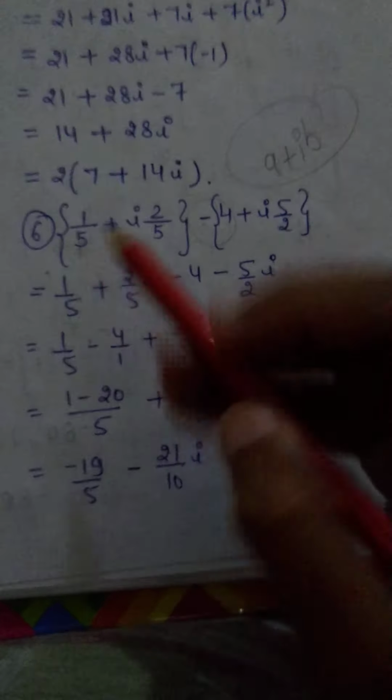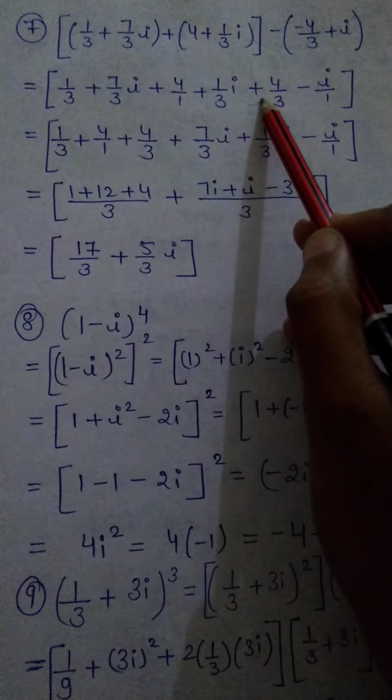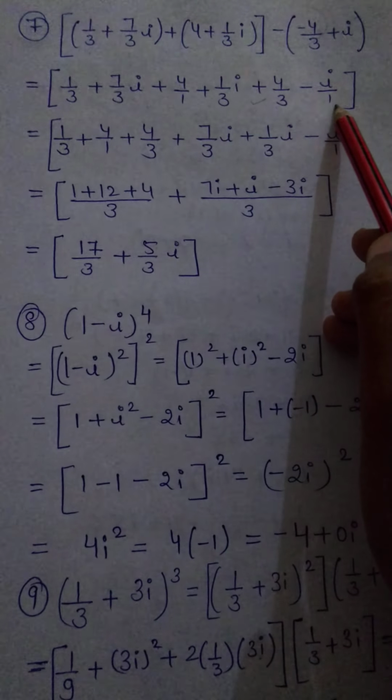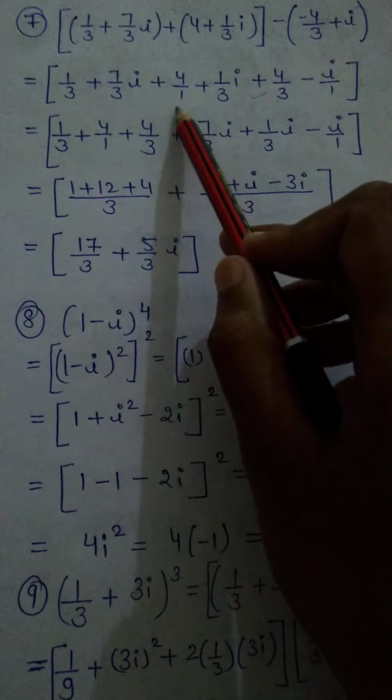Here, a negative sign is outside the bracket, so I will multiply it to the inside, and this is negative, so both will become positive over here, 4 by 3, and I will get negative iota, and I have written 1 in the denominator to make my calculations easy. Now in the next step, I have separated all the constant terms and written them on one side. Clear? Like 1 by 3, 4 plus 4 by 3, and all the iota terms I have written on one side. This I have solved separately, this I have solved separately.